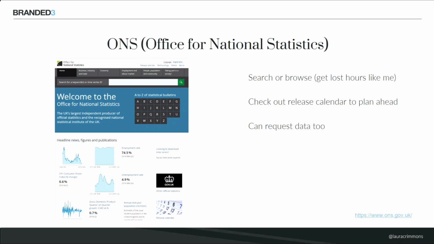They also have a release calendar. So if you're planning your content calendar or your PR calendar ahead, and you want to look at what data might be becoming available that you might want to use, that's on there, really useful to check out. You can see just at the top right, it says release calendar, have a look through there. It'll also show you when data has been released. And if there's certain data that you want to request, you can request that data as well, if there's not something that's already there. So really useful website, all publicly available data, relating to all sorts of industries. So there's normally something that you can attribute to a client in there.